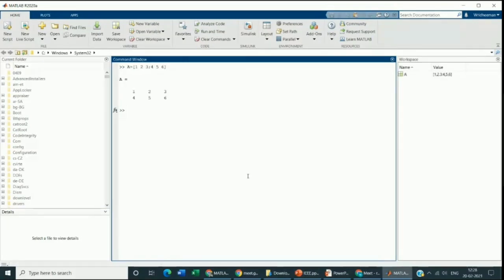So you all can see we are getting the matrix with 2 rows and 3 columns. Similarly, as we have used space, we can also use comma here. We are getting the same output, but we have to use either of them. As you all can see, the semicolon is used as a line break. Instead of a semicolon, we can also hit enter for the next row. For example, like this.